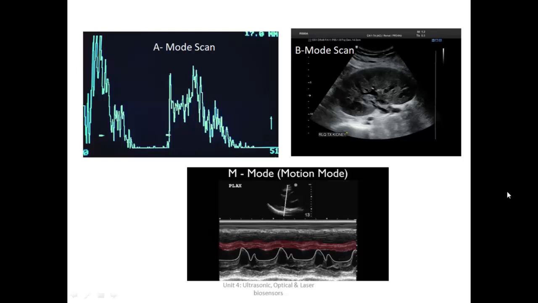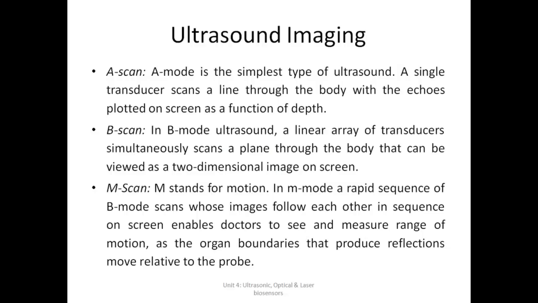if you have a heart valve, when the heart is performing the pumping action, the valve of the heart is actually moving. So from one particular distance, wherever you have placed your probe, if the pumping action is making a movement in the heart valve, the distance of the heart valve with respect to the ultrasound probe will vary. So over here now, the Doppler effect comes into the picture because there is a moving target, because the valve of the heart is going up and down, showing a to and fro movement because of the pumping action. So that is scanned with the help of M scan.